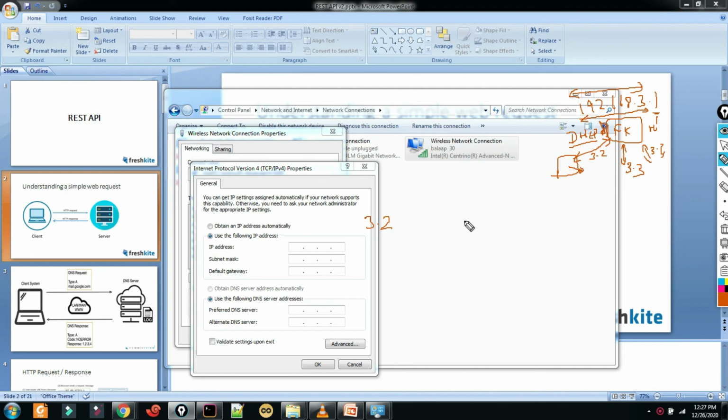That is the reason why, when you connect to a network, you should not set your IP address statically like this. Instead, it's better to use the automatic option. The advantage is the common guy, your wireless router, is going to give you the IP address, so there will not be any clash. That is the main use of DHCP, Dynamic Host Configuration Protocol.